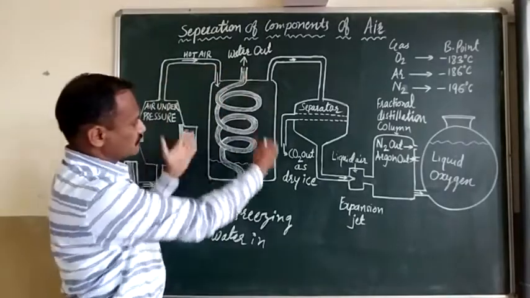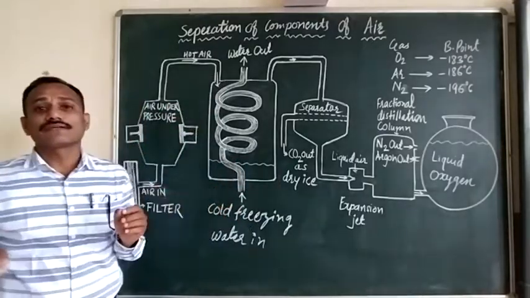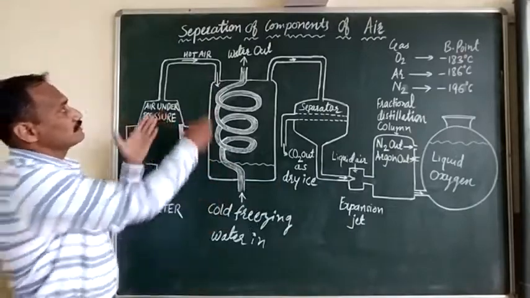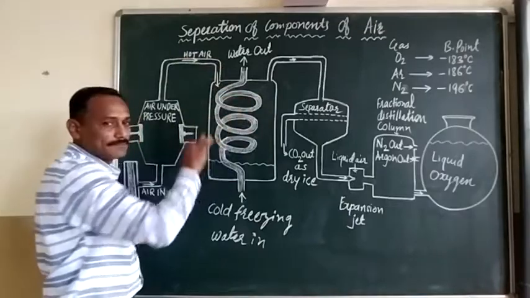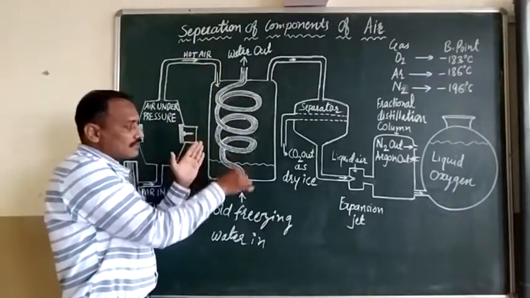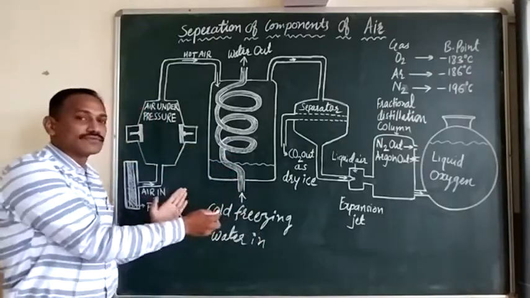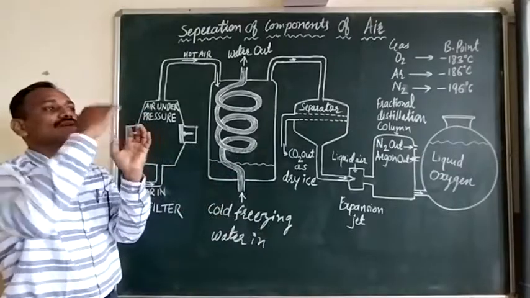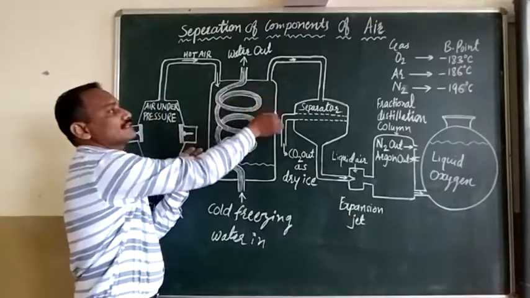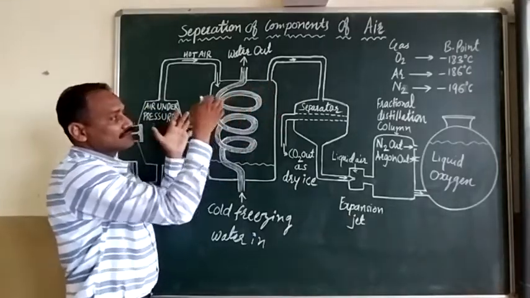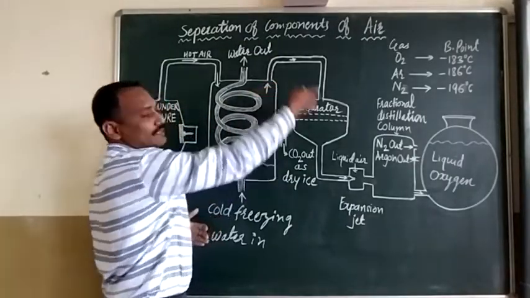Now the second chamber consists of a pipe passing through it conducting freezing cold water. When this hot air enters here, it comes in contact with this coiled pipe, and this coiled pipe contains cold freezing water. The cold freezing water is circulated inside the pipe, so the outer surface of the pipe is also cold. That outer surface of the pipe comes in contact with this air. So air starts cooling, and that cold air finds its way into the next chamber.